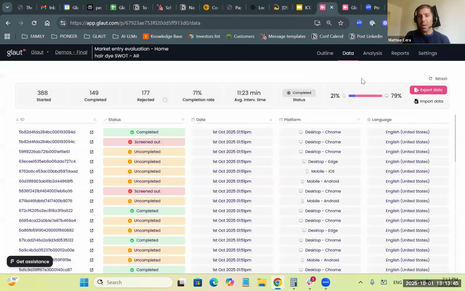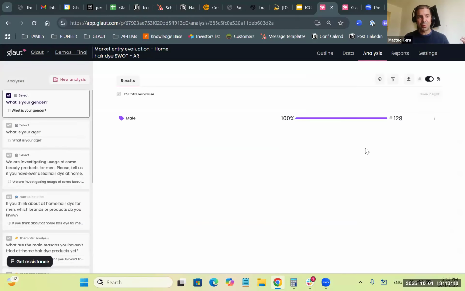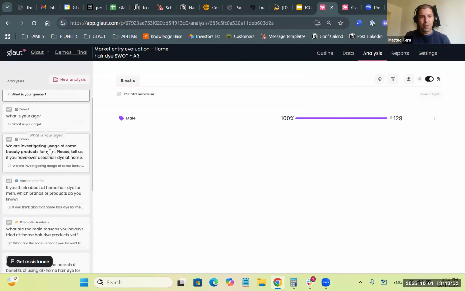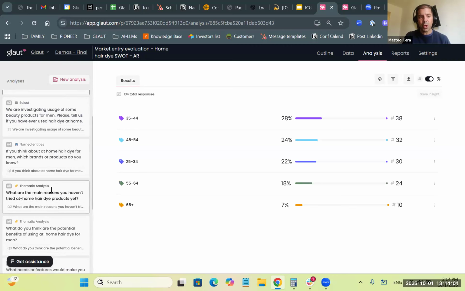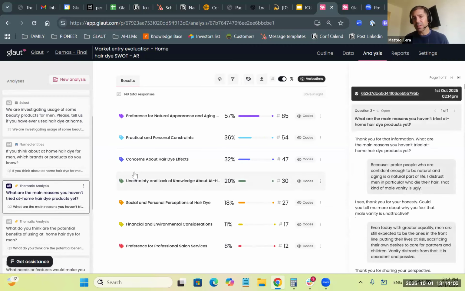But let's see what happens when you have 300 interviews and you want to make sense of them. This is the analysis tab, where you see the more quantitative part, for example, the age group of the respondents in this case. I want to show you one of the key analyses of this project. We're trying to convert in real time all the open-ended answers into themes and sub-themes.